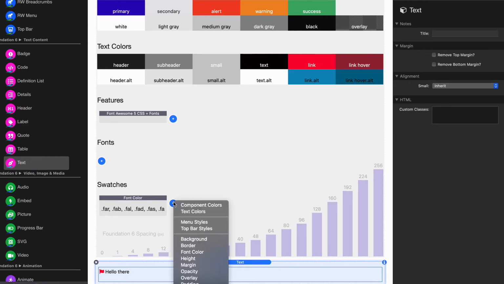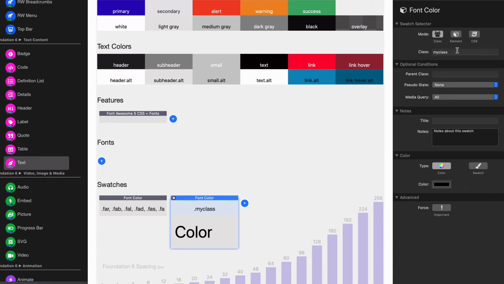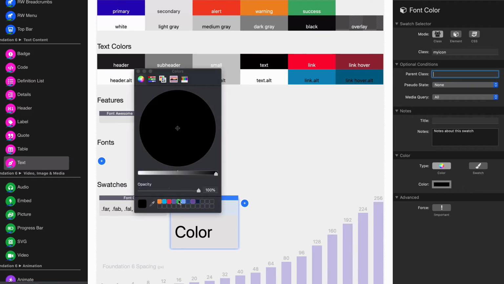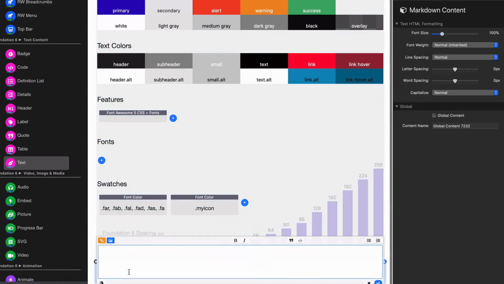But what if I want one icon to be a specific color? Okay, so let's do that. Let's do font color, and I'm just going to use my icon for right now, and let's do a color of green. And so what I'm going to do is copy this class, and if we look at this code,